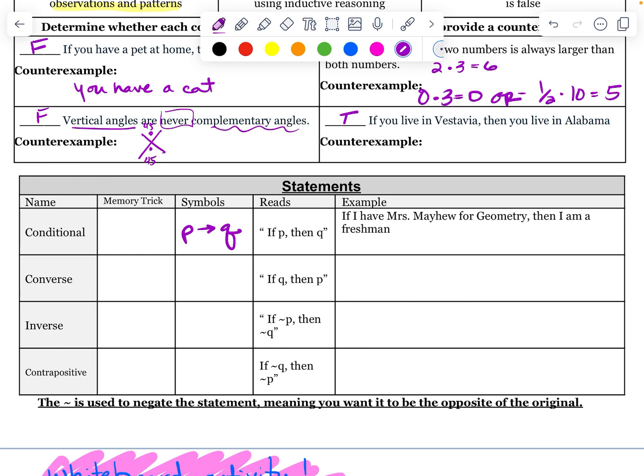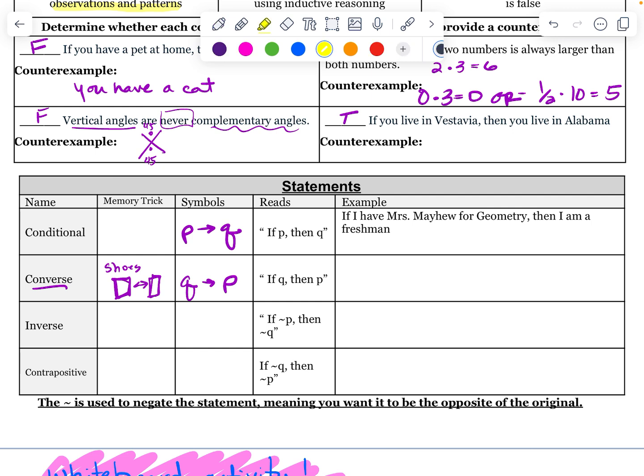Now, converse. Converse is a switch. I think of these like the shoes, and good basketball players can do opposite feet. I can't draw opposite feet, can I? Nope. No, I can't. It's like you switch your feet. So converse are the shoes, right? And good basketball players can do their feet backwards and forwards because Miss Mayhew can't draw feet. I'll get a picture up in there. And what this is, it's if Q, then P. So all you have done here is switch the